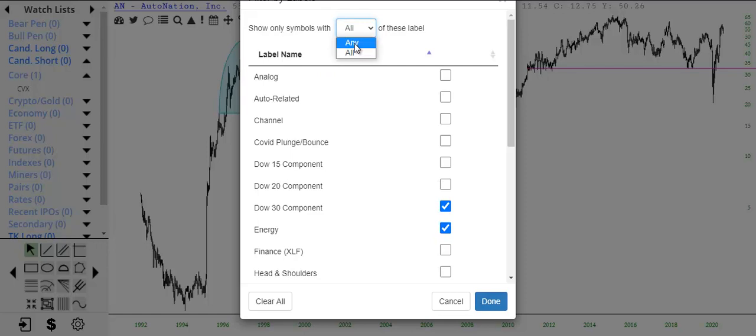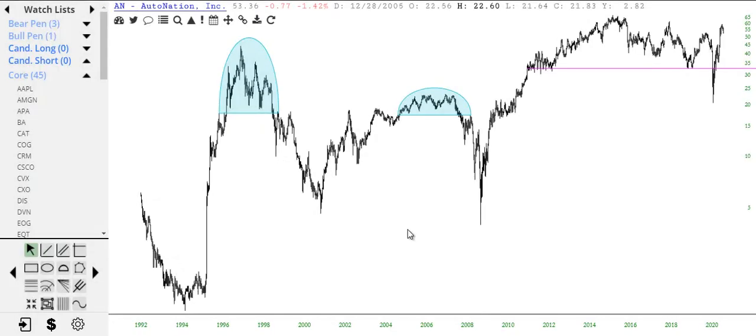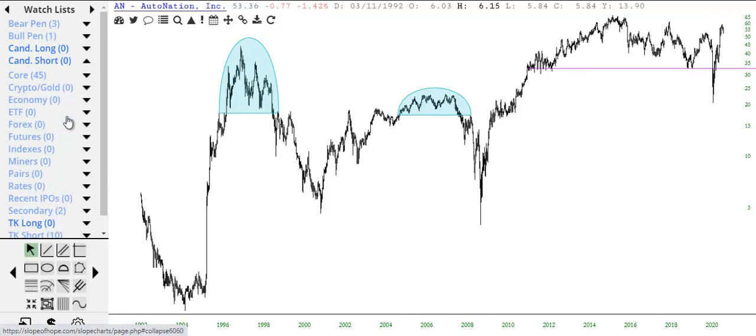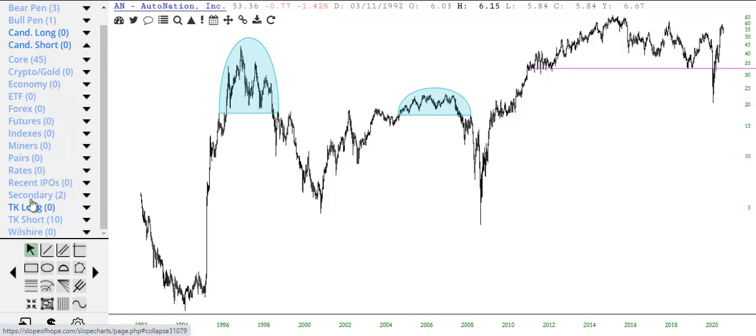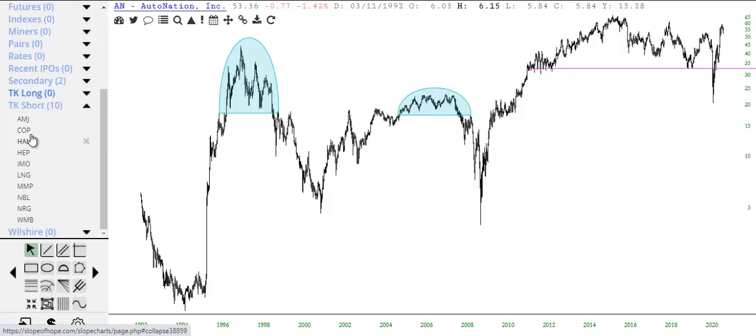Now if I change that to any, it's going to be much broader, because it's basically going to say anything that has the Dow 30 label or anything that has the energy label, let that be shown. And so therefore, instead of seeing just one, here on the core list, I've got almost 50, and up here on the bear pin, I've got 3. So it's a lot more liberal in this, and you can tell that the filtering is going on because so much is grayed out here,